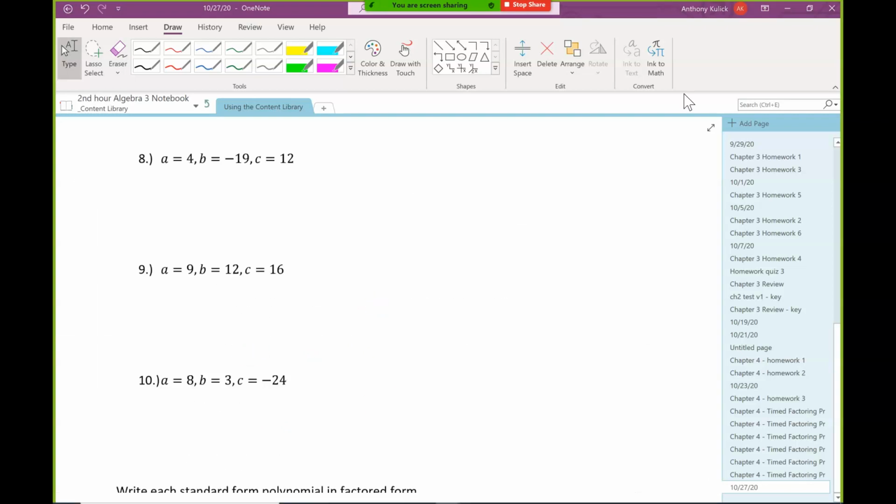Multiplies to give me 9 times 16, which is 144. And then adds to give me 12. So we'll start, multiplies to give us